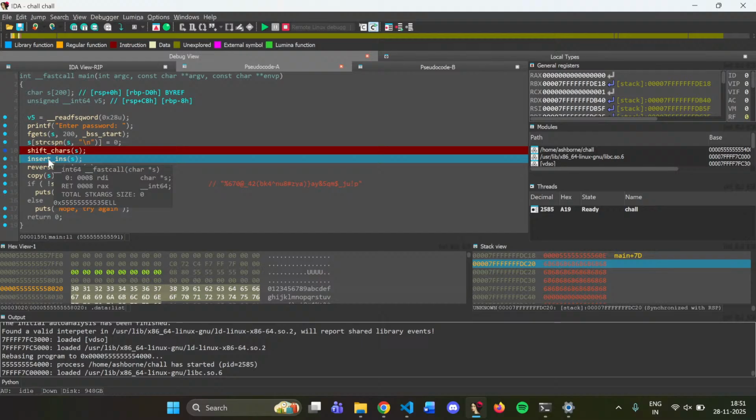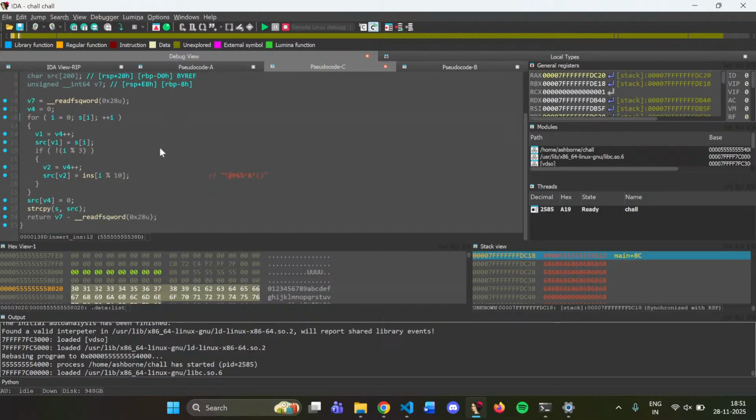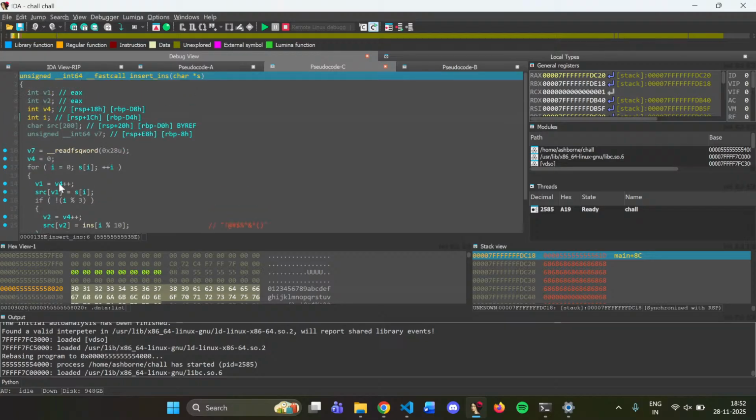Insert. If you just look at it statically, without debugging, just look at what the function is doing. What it's basically doing is taking the rest again. It's taking our instrument and